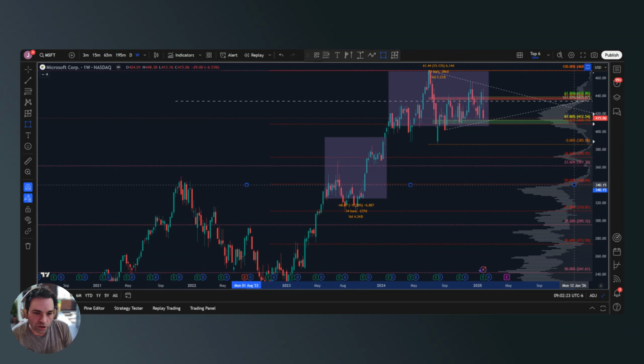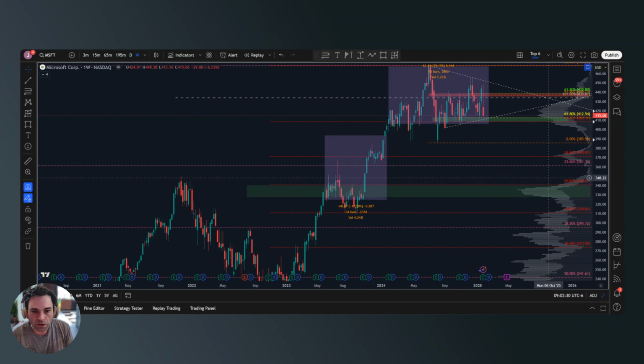Yes, there are retracements above price at 360 and 371. But ultimately, we're looking for this patch of volume. And that's not to say 370 isn't going to catch a bounce, because you see that it was supportive here. But